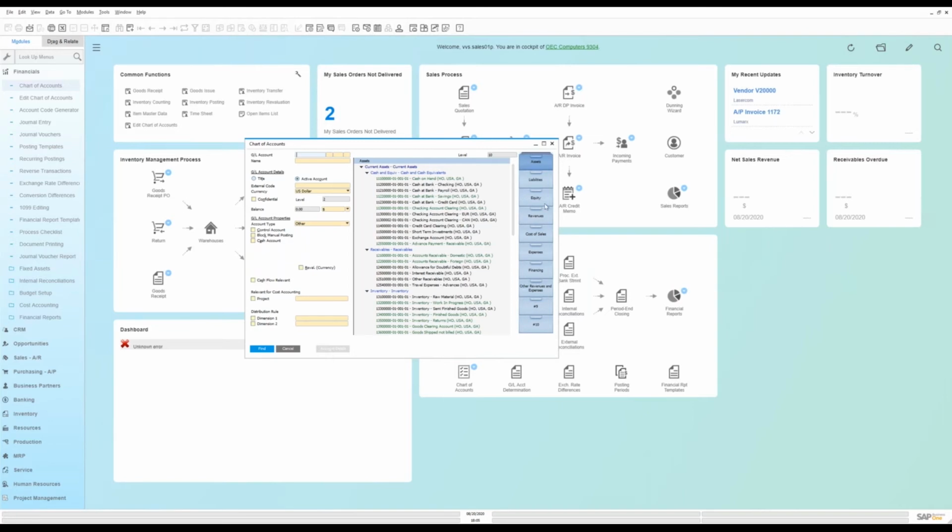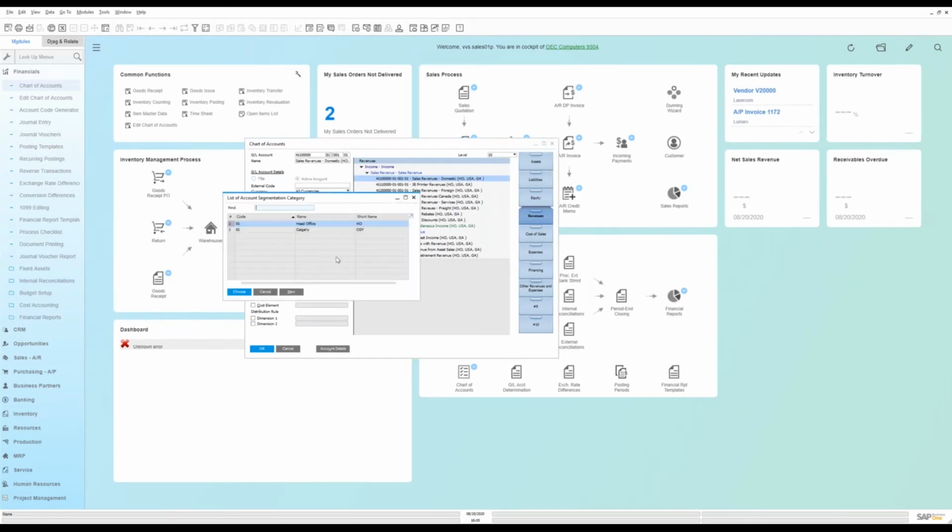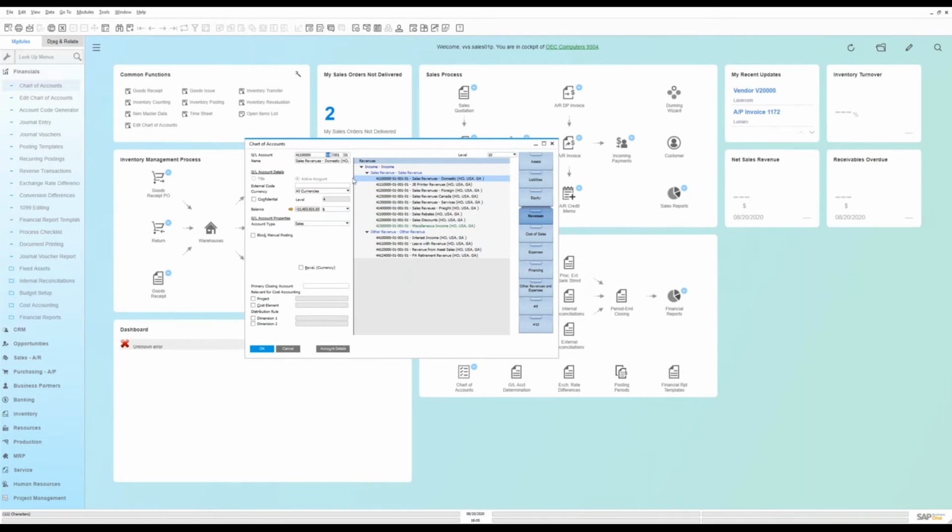And then where this is typically useful is in your profit and loss. If we go down to your revenue accounts, we might see segmentation here. In this particular case, because this is a demo environment, there's not a lot of great data set up, but I'll give you an idea of what this means. When we go into our specific segmentation, we can see that this one really represents a geography. So we could easily create an account here, and we could have sales revenue domestic for our 2 different geographies. And then we've got another segment here,